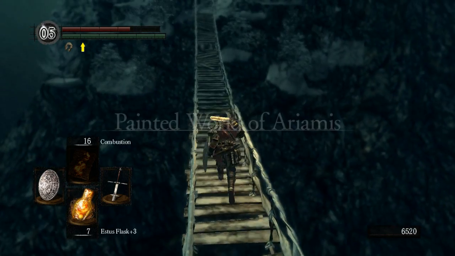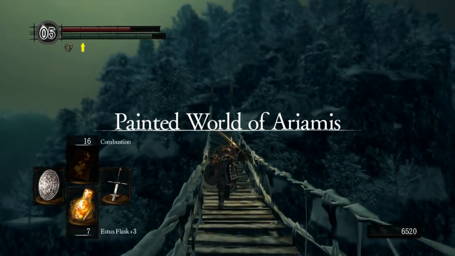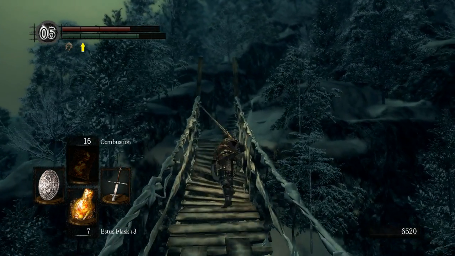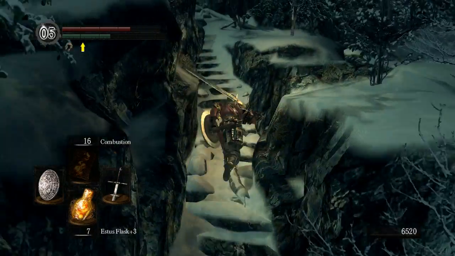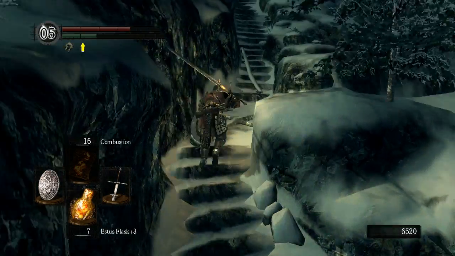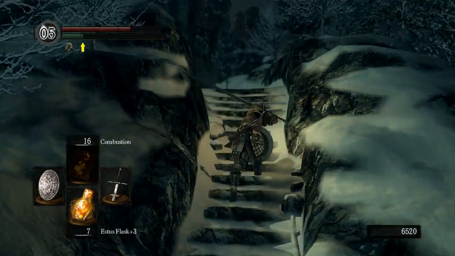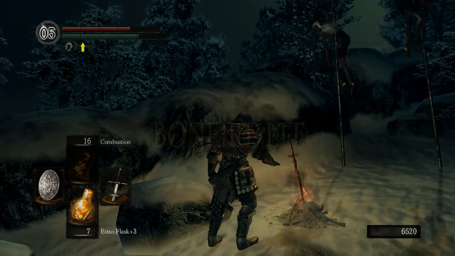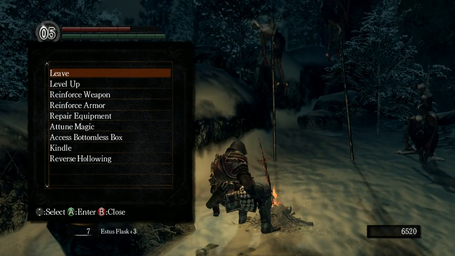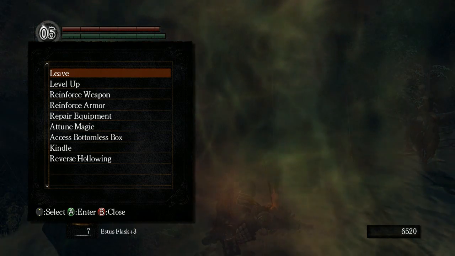I'm going to try to do this entire area in one go. And I'm not going to show you every last bit, every last side, but I will show you a lot of what's going on in here. I know how to speedrun this pretty quick. One thing you'll notice is I have the combustion pyromancy equipped again. This is because there's an enemy in this area